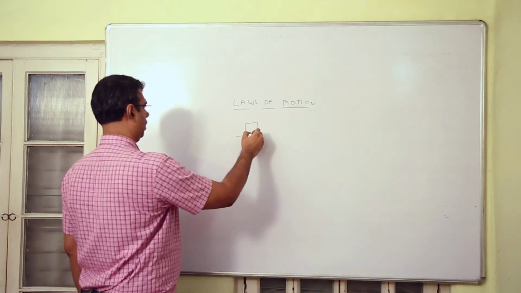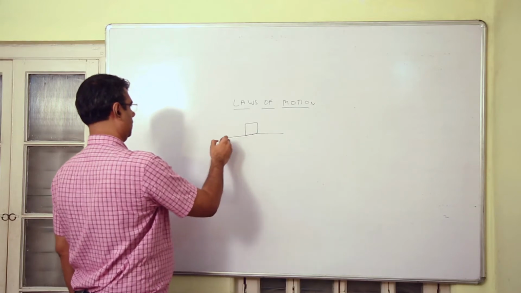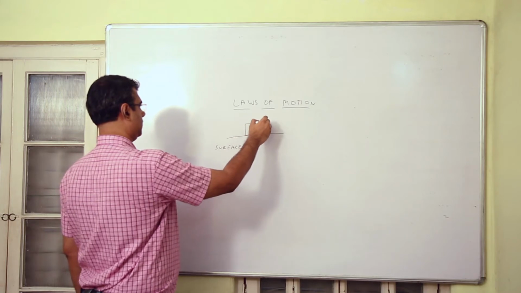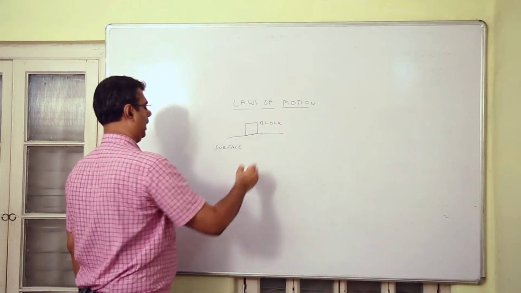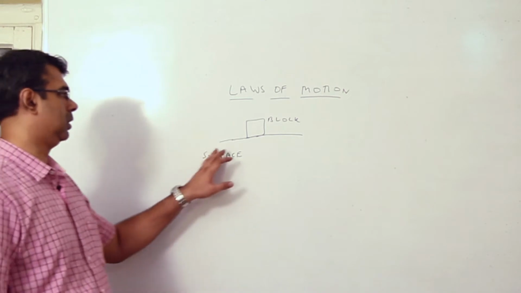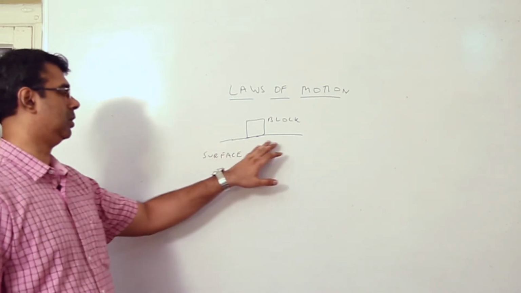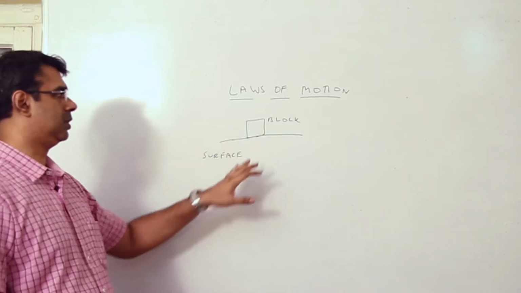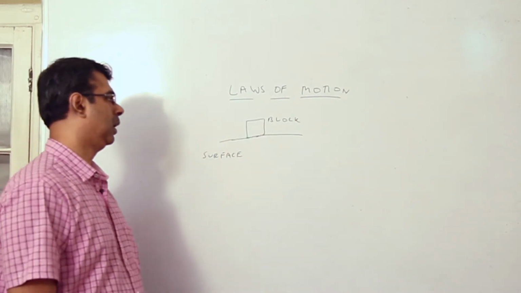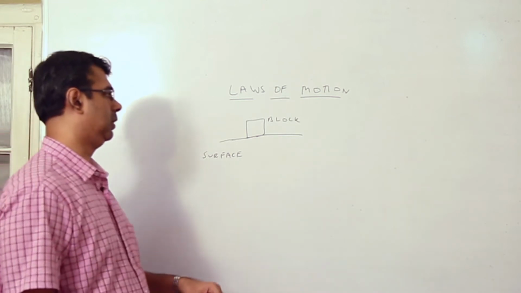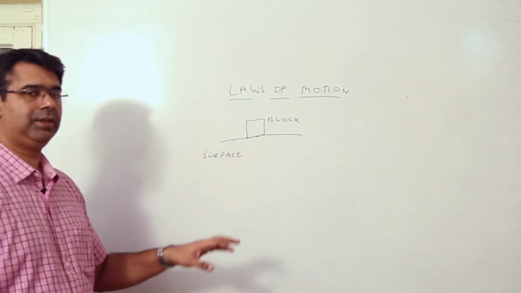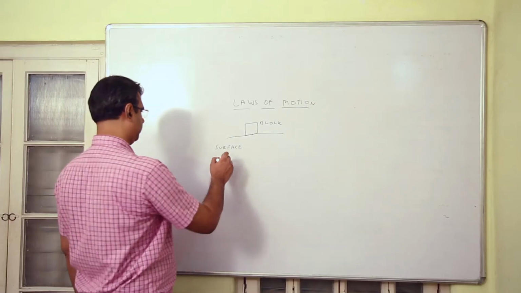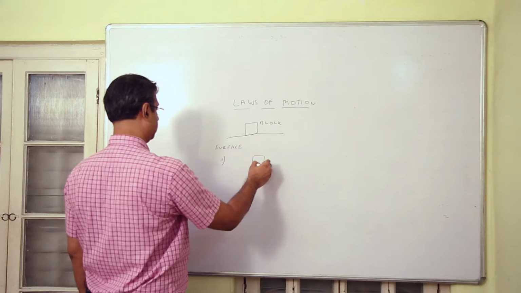Imagine there is a block, and it is resting on a horizontal surface. So there is a horizontal surface and on this surface there is a block. The block is resting on this horizontal surface. In this particular situation, how many action-reaction pairs can we identify? Let us discuss that. So the first action-reaction pair: